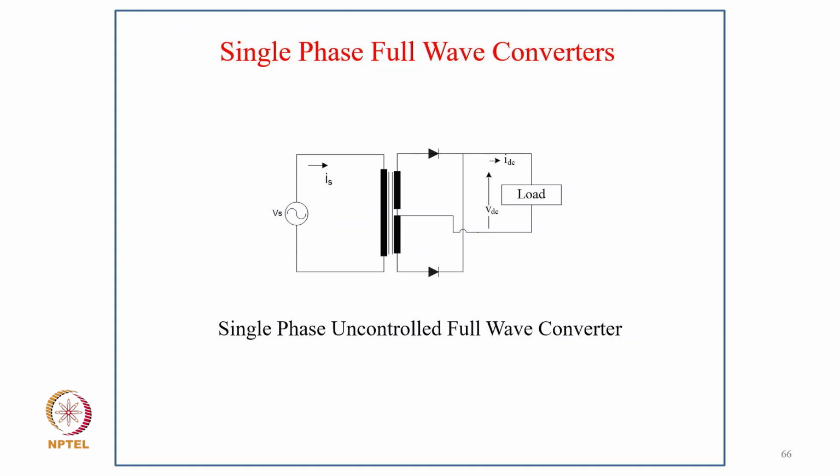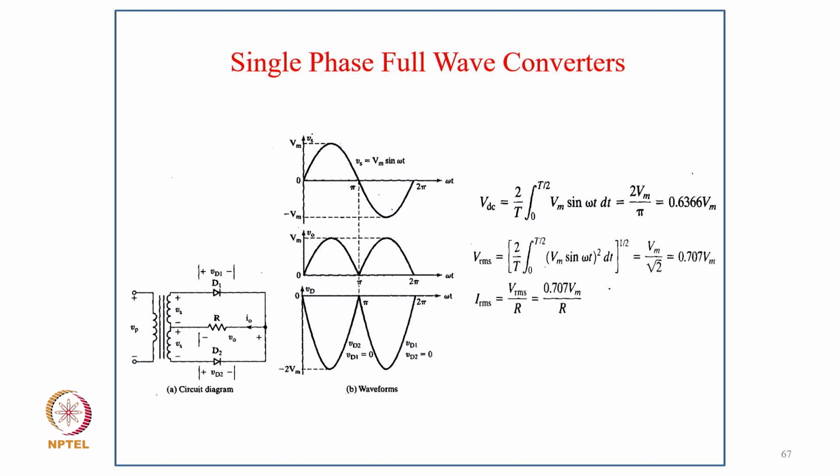In case of full wave uncontrolled, we use the center tap transformer, and typically look at the performance for resistive load with full wave. So here you can say fully rectified. VDC equal to 2 upon T, integral 0 to T by 2 of Vm sin omega t, that comes to 2 Vm upon pi, that is 0.6366 Vm,